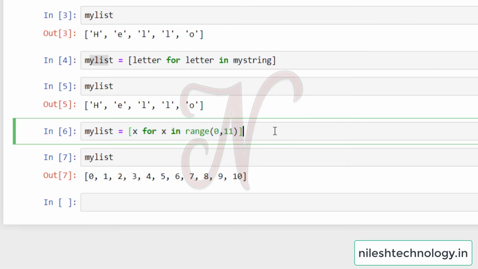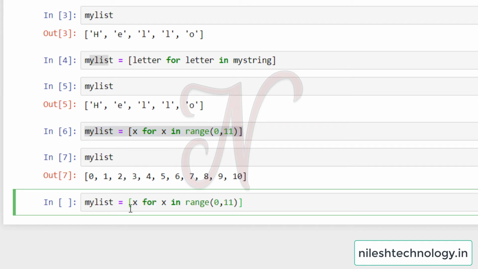Okay, similarly, now copy and paste this code. Here we'll change some code, like x into x. See here, one by one number is retrieved from this range function and goes into this x variable.